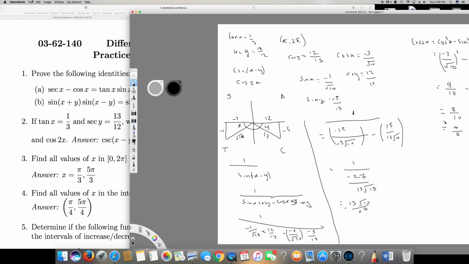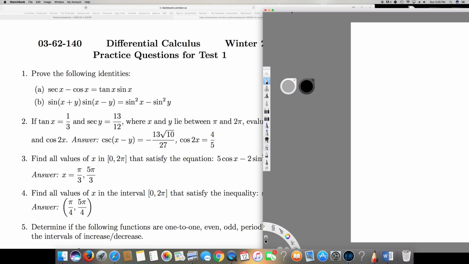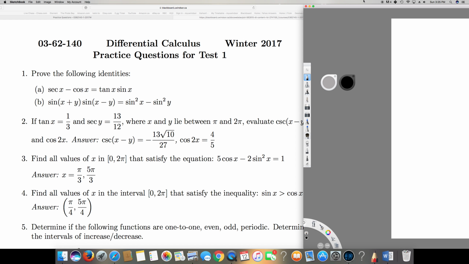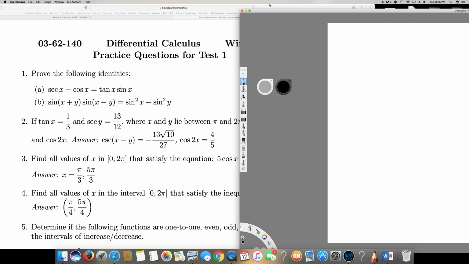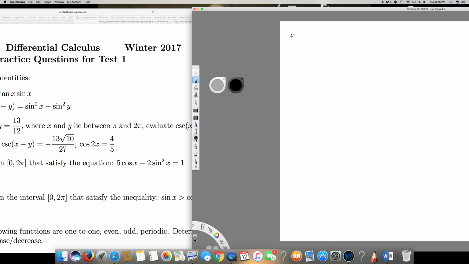Now I'm moving to the third question. The third question is asking: find all the values x in the interval 0 to 2 pi that satisfy the equation 5 cos x minus 2 sin square x equals 1. Let's do that. So 5 cos x minus 2 sin square x